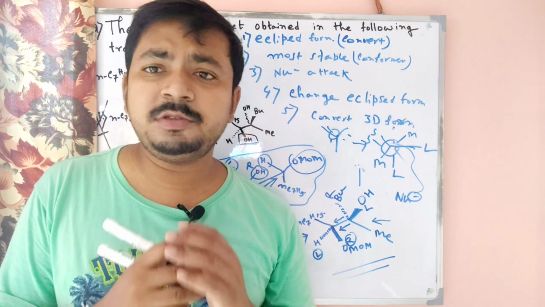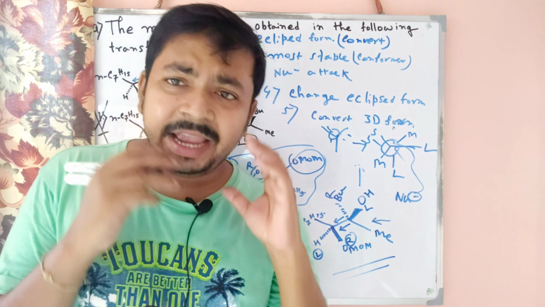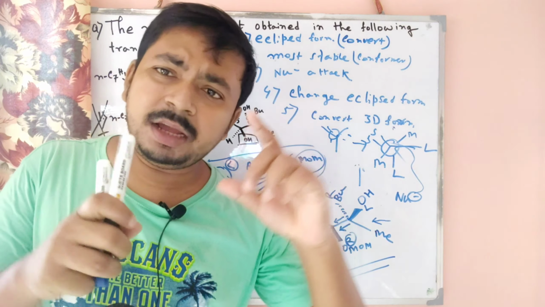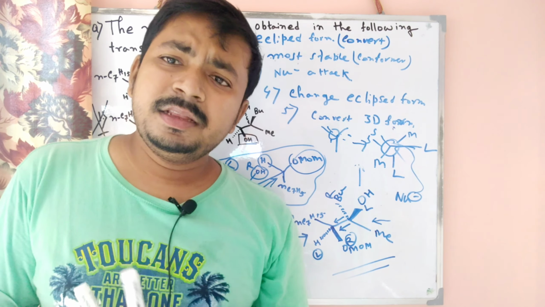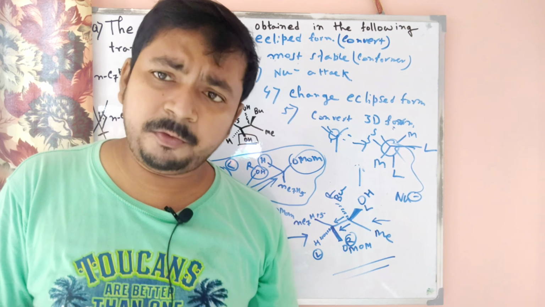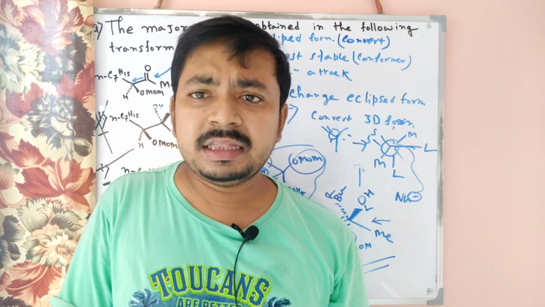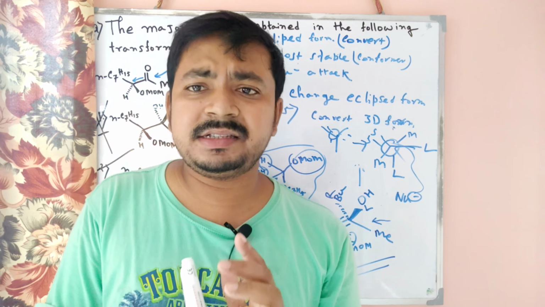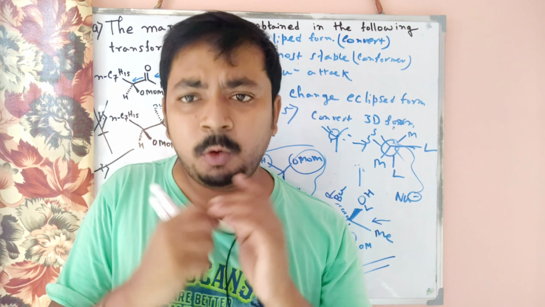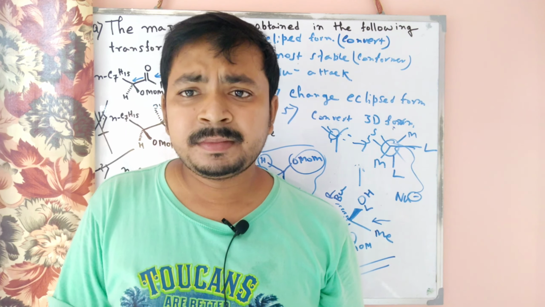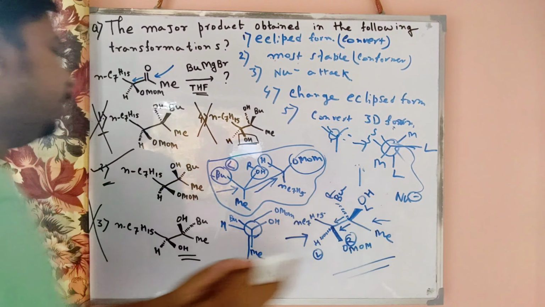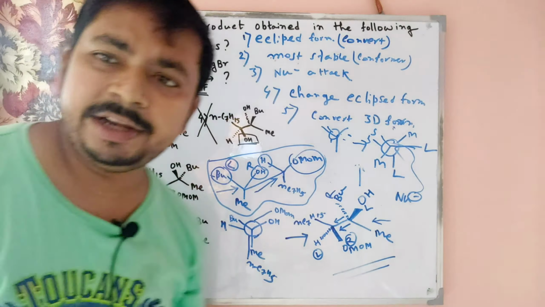So at first you have to change the structure to the eclipsed form, then you can draw the most stable conformer, where we can then do the nucleophilic attack. After the nucleophilic attack is complete, we can easily change the structure to the eclipsed form as per our previous step. Then when the conversion is complete, from the eclipsed form you can place the structure in 3D form. So then you can tally the structure, and you get your product.